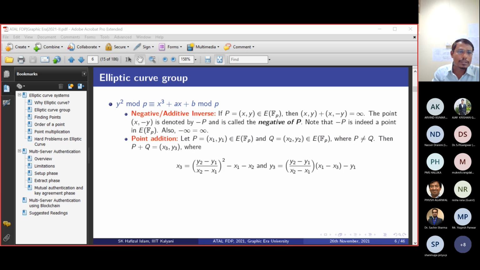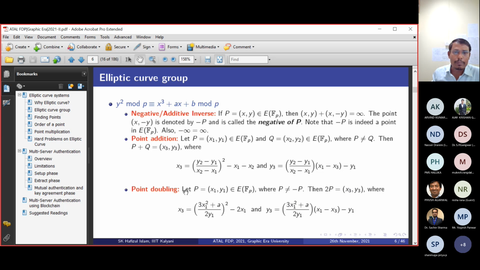Right? So we'll try to understand how this addition is defined in the elliptic curve. As I said earlier, this is not a simple integer addition. This is called the elliptic curve point addition or point doubling operation. Suppose there are 2 points x1, y1 and another point x2, y2, and they are not the same. Then the addition P plus Q is R, which we denote x3, y3. The value of x3 will be this and the value of y3 will be this. I will discuss how these came.